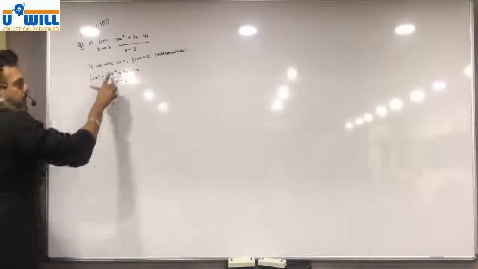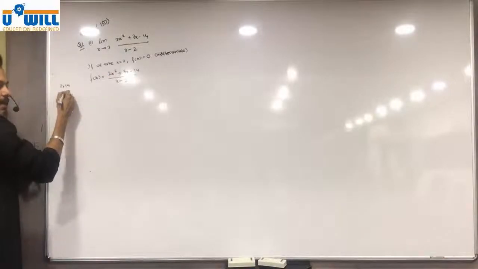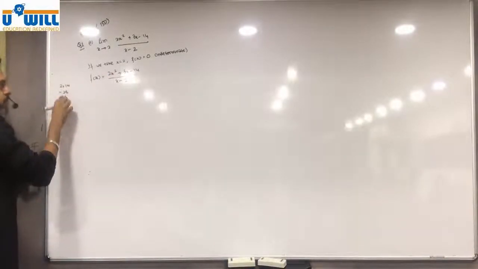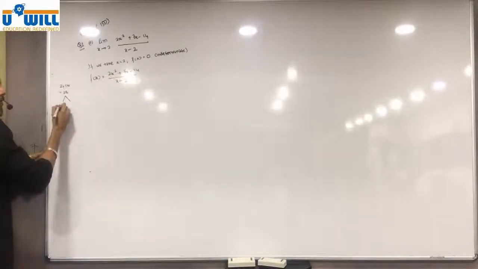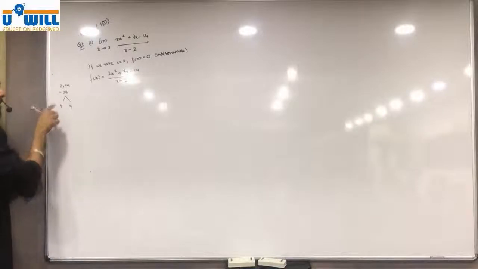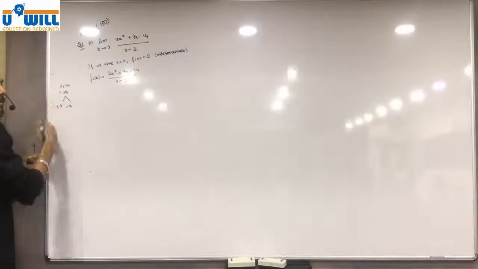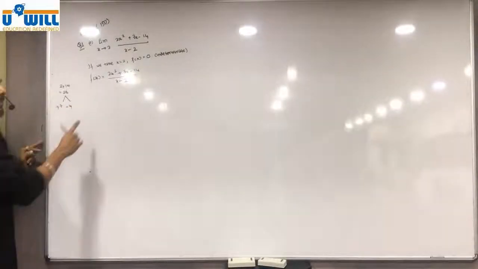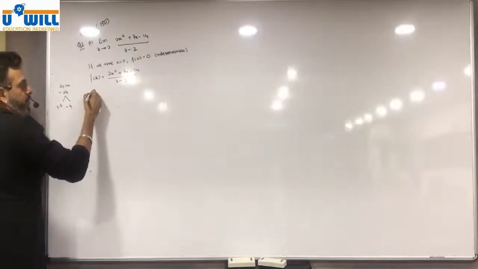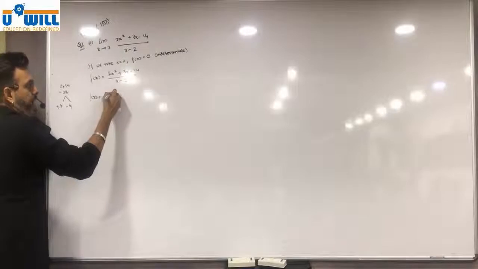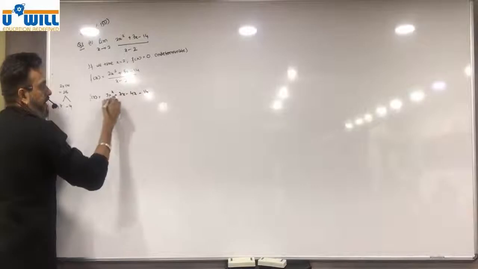कैसे solve करेंगे? 2 into 14 करेंगे. 2 into 14 is equal to 28. Multiples we have to find, जिसका addition या subtraction will become 3. तो 7 4s are 28. Now ये जो 7 है, we want positive 3. So this is plus and this is minus. Now ध्यान दो, ये 3x है positive. So what we will do is f of x is equal to 2x square plus 7x minus 4x minus 14